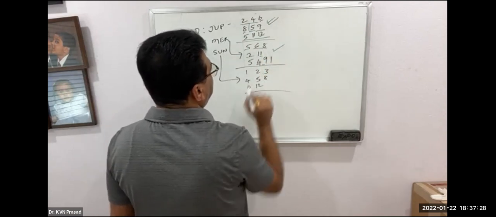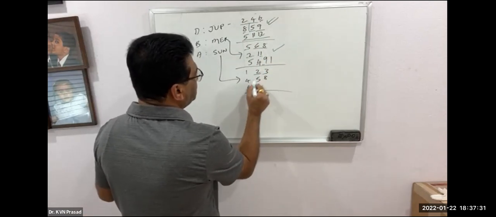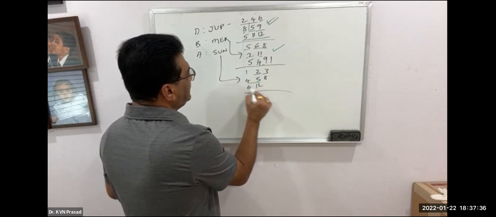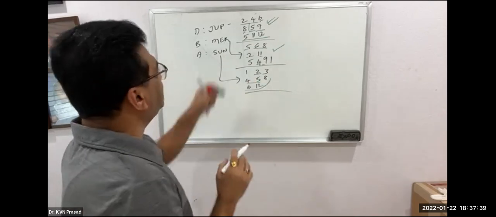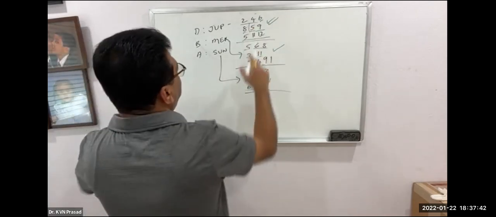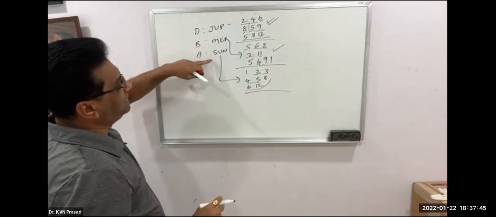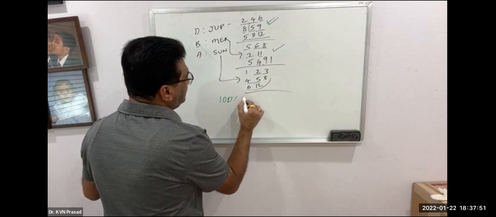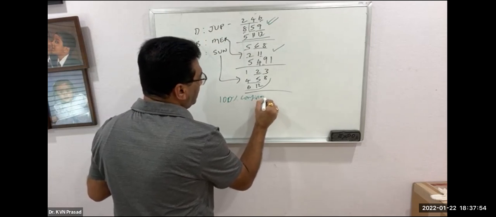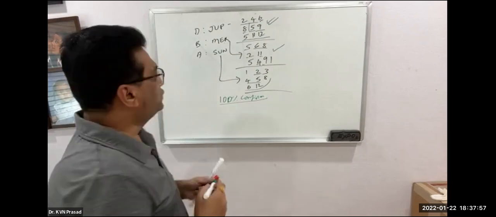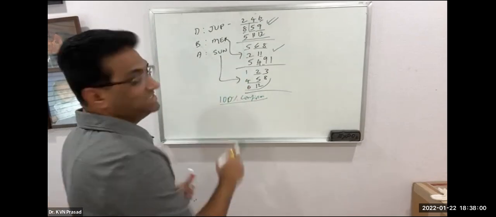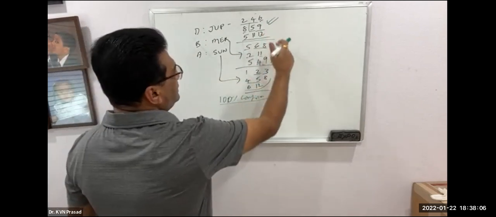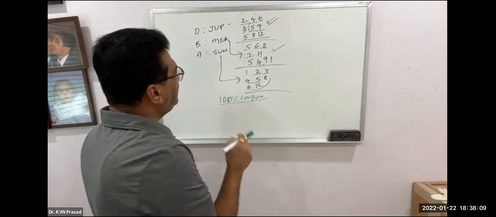This is also good. You come here, you say 2, 4, 5, that's all. No 9, no 11. You have 1, 6, 8, 12 there. Something like this will happen, right? If all the three, Dasha, Bhukti and Antardasha, show, then you can say 100% confirm. When only partially is there, that means this is strong, this is not that strong.